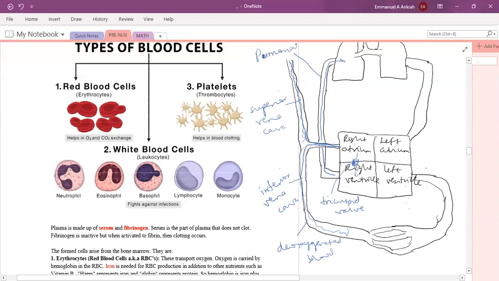The pulmonary artery carries the blood to the lungs. So this is a lung, and the oxygen is added to it in the lung, and the blood now becomes oxygenated,